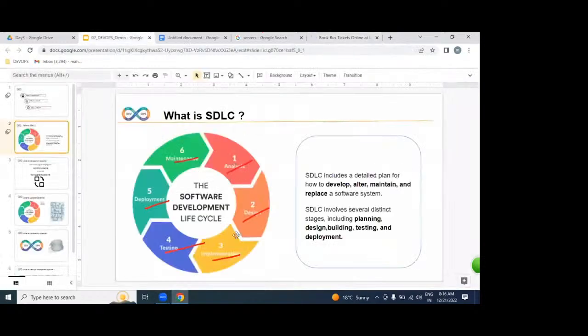So how exactly does it work? First we need to gather information: what exactly this business is, whether it's a travel business, how exactly the login page and registration page should be. Gathering information from the client. Based on that, it will be designed. Design is nothing but a plan. According to the plan, our developers will write the programming, either Java, .NET, Python, or anything. Once it is implemented,